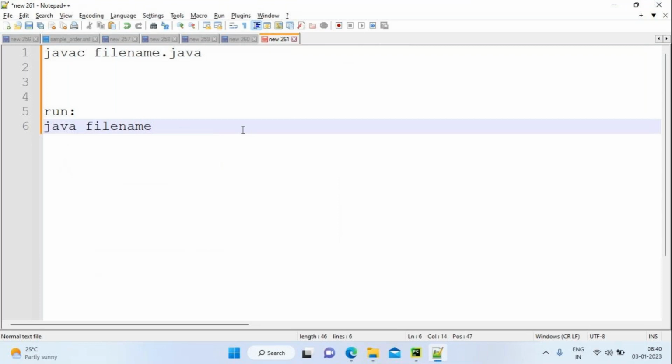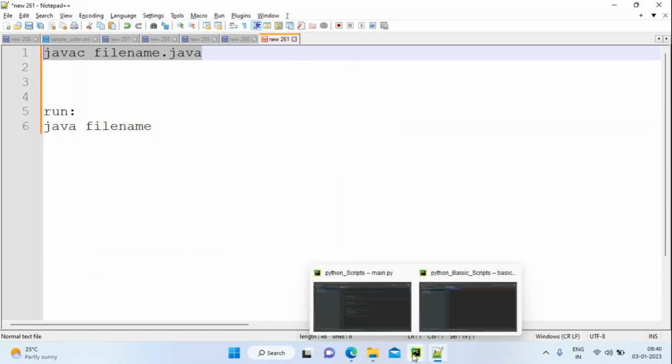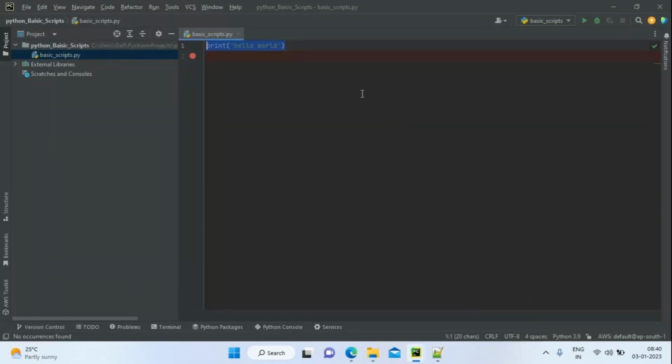Take any language, C or C++, first you have to do the compilation. But in Python, you don't need to go for any separate compilation. It is an inbuilt compiler, and it converts your source code into bytecodes.